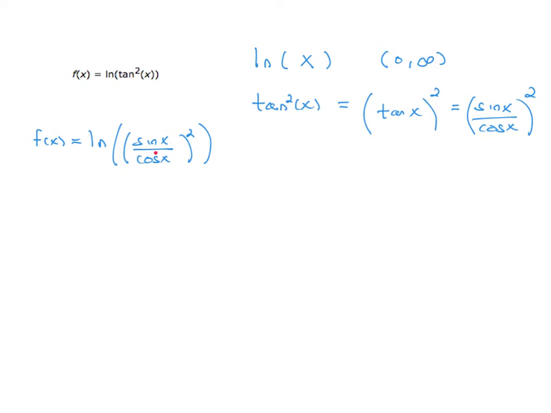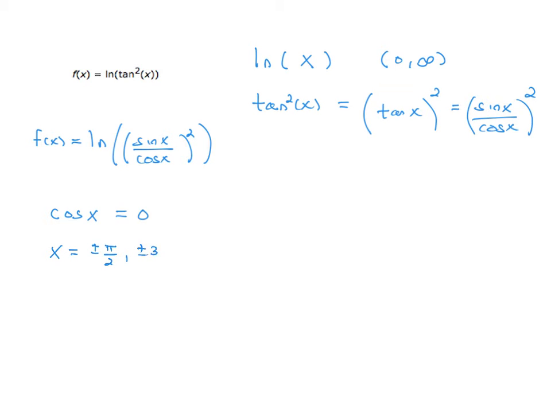Now, wherever cosine is equal to 0, you're going to have a 0 in the denominator of a fraction. And this is going to be a place where this function is not defined and therefore not continuous. So we want to eliminate all places where cosine of x is equal to 0. Again, the reason for that is if the denominator here is 0, the function's undefined, and therefore this thing is not continuous. Now, the places where this happens are when x is equal to plus or minus pi over 2,